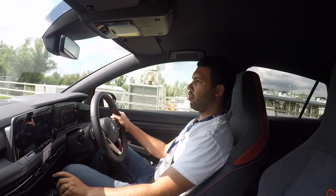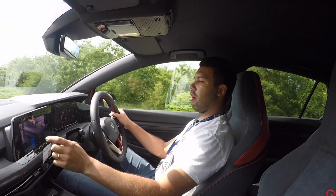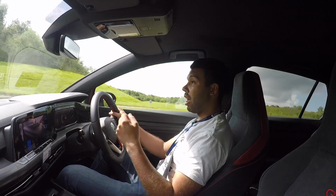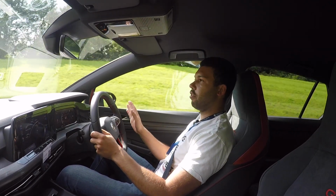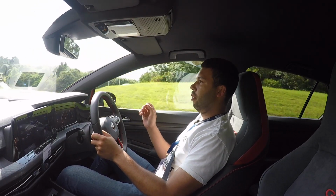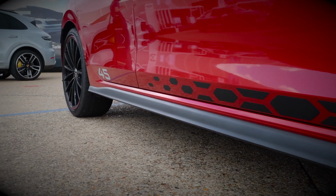Let's just change the mode. I do like the fact that you've got a mode button down here. It makes it easier to find. So I wonder if this car's got the DCC, the dynamic chassis control. In essence, it means it's got adaptive dampers. And I think it has, because I've put it into comfort, and the ride definitely feels like it's got more supple. Yes, this car is fitted with the DCC, but that is an optional extra, whereas in the Coupe Leon